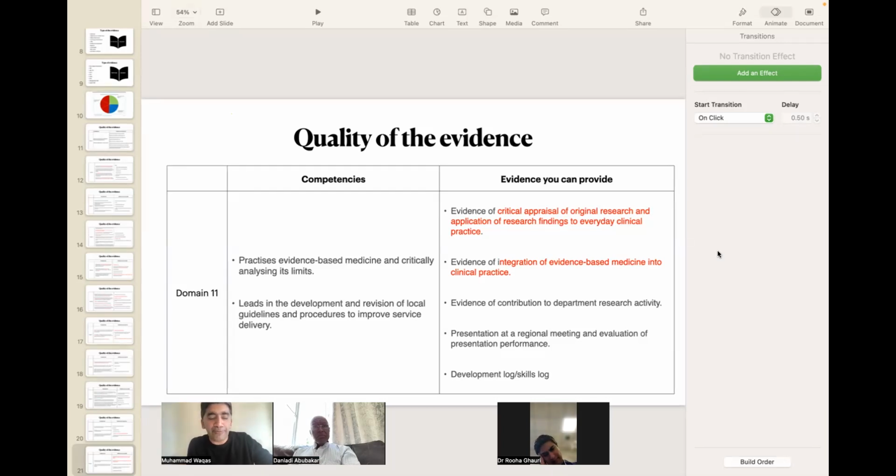So you go to your portfolio, and in the developmental log there is a section called meetings, and keep filling that in. It will automatically take you to what needs to be filled. Or you can do a case-based discussion with your assessor, your consultant. My consultant is happy to do it, but I wasn't sure where to put it. So you do that in a case-based discussion. Okay, fine. Can I just add one more thing?